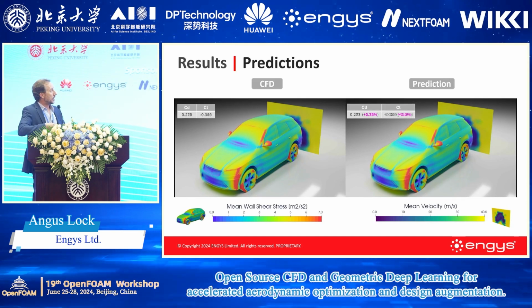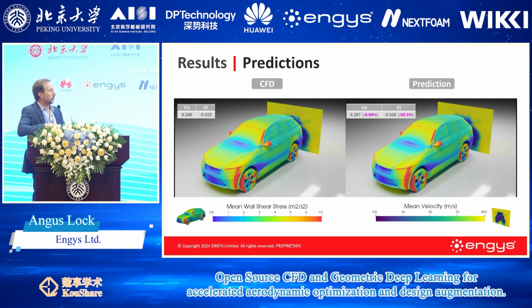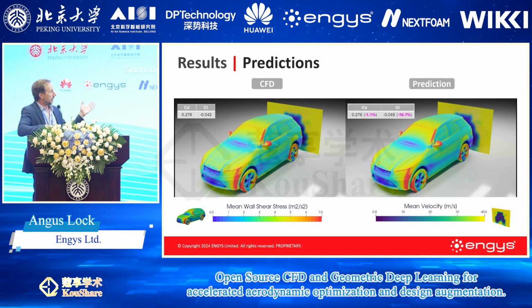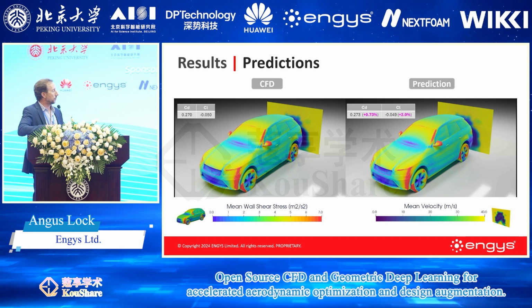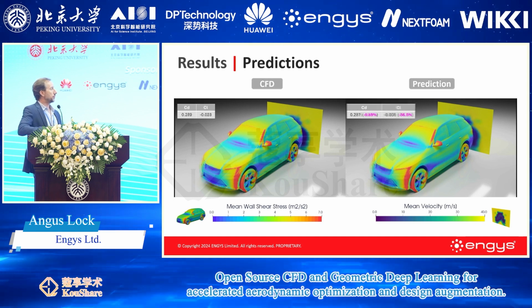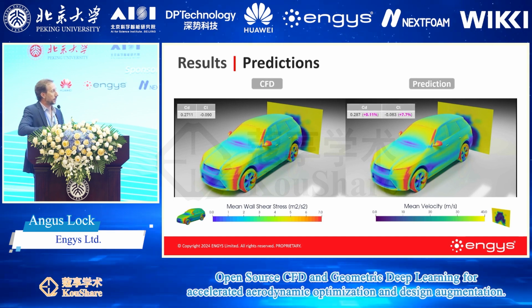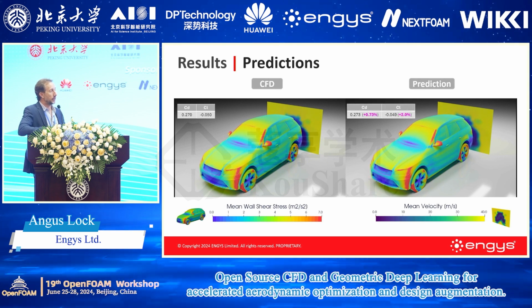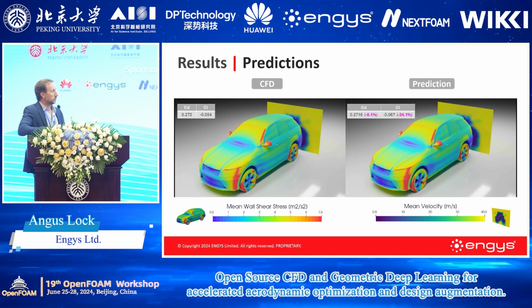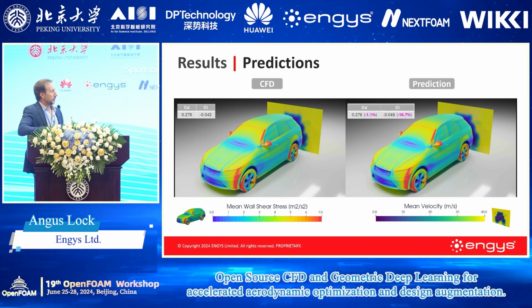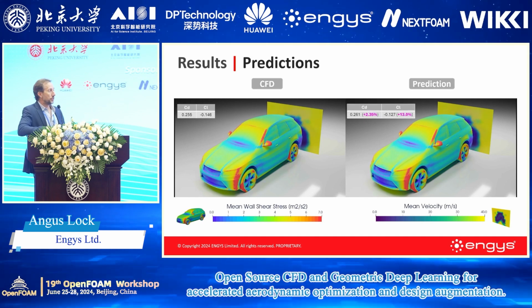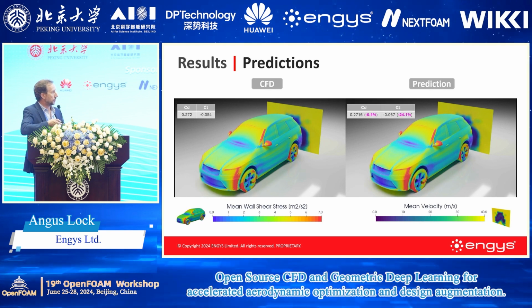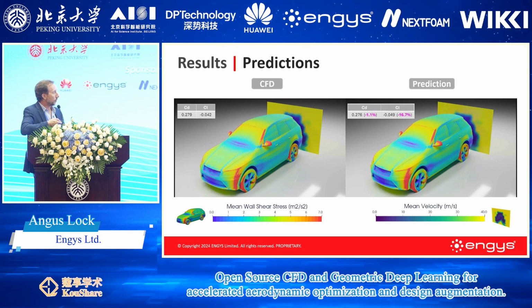And then this is actually an animation where we're going through, I think, 3 or 4 different data points. On the left-hand side, you've got the initial or the original ground truth CFD prediction of the flow field around the vehicle. And on the right-hand side, you've got the output from the graph neural network. And you can see that certainly subjectively they're almost identical. There are some small changes that I've noticed behind the front wheels.